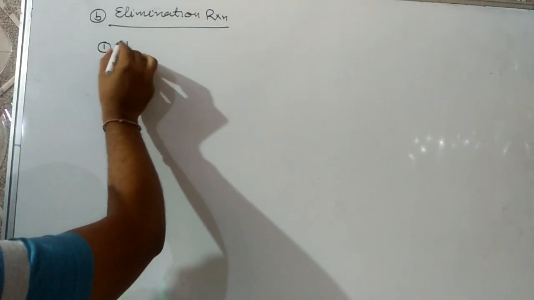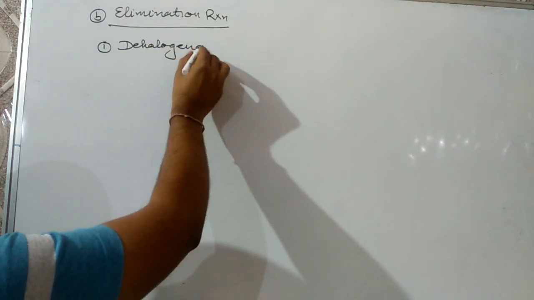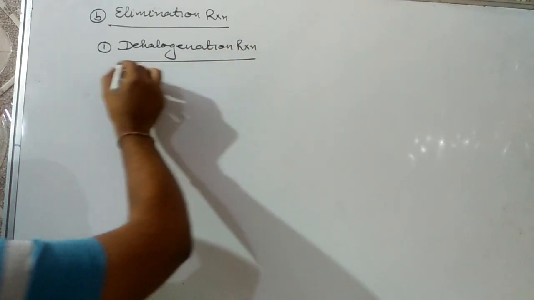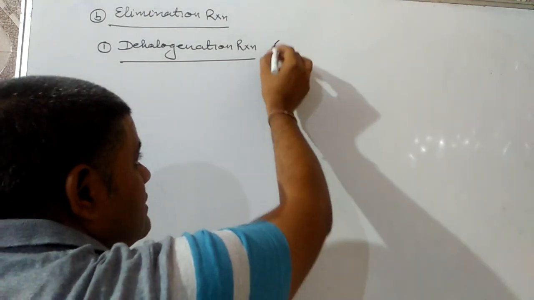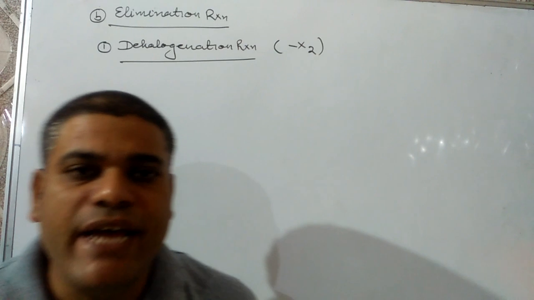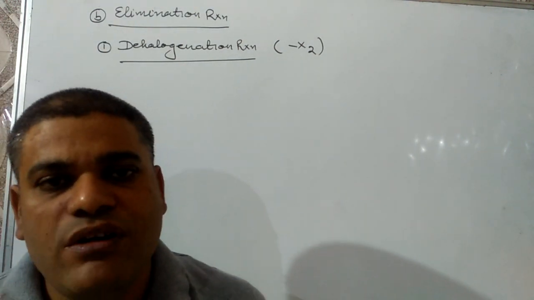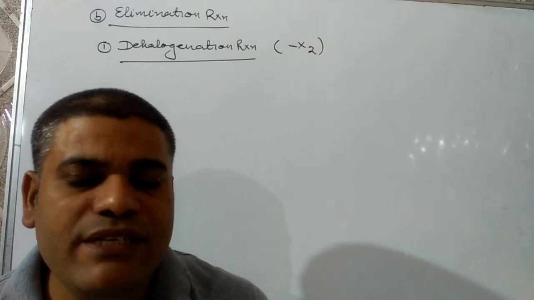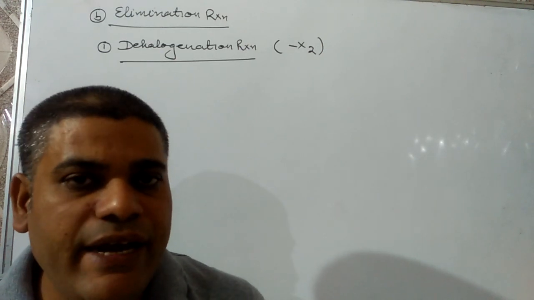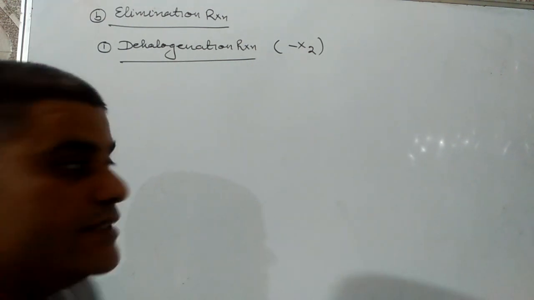Dehalogenation reaction. As we can tell from the name, here we have to remove the halogen molecule, and for that we have to react the dihalide or tetrahalide with zinc metal. And keep in mind the geminal